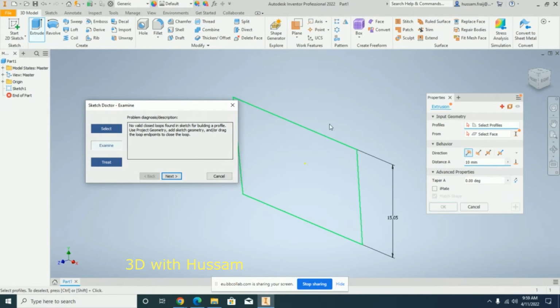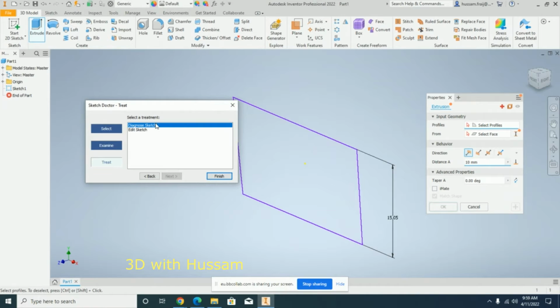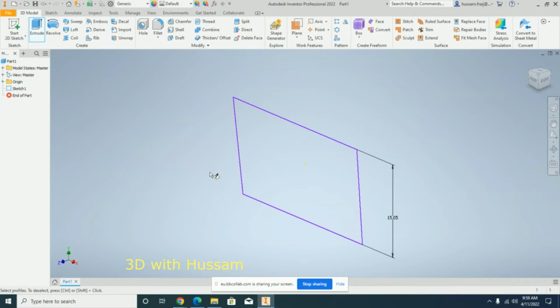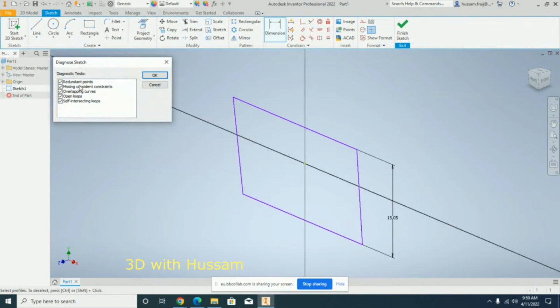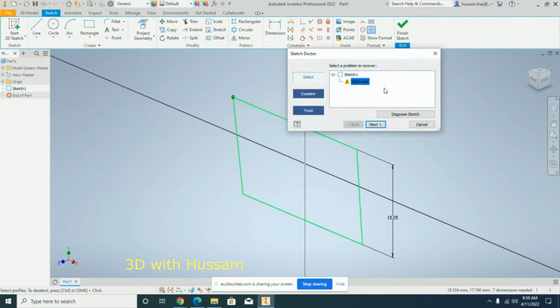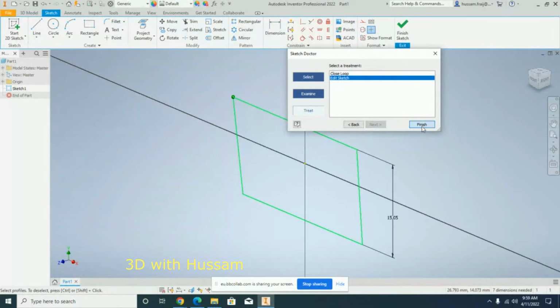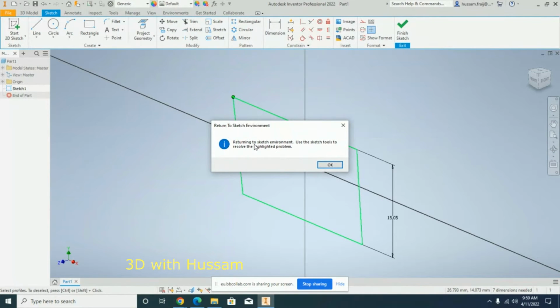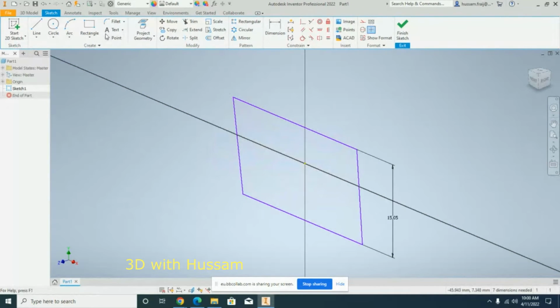Okay, so let's select, examine, treat. You will go next. Diagnose sketch or edit sketch. Let's say diagnose sketch, finish. Redundant point, missing point. See, you have an open loop, so you have to go next again, treat, next again, edit sketch this time. Returning to the sketch environment, use sketch tools to resolve the problem. You will find one more time that it returns you back to the sketch